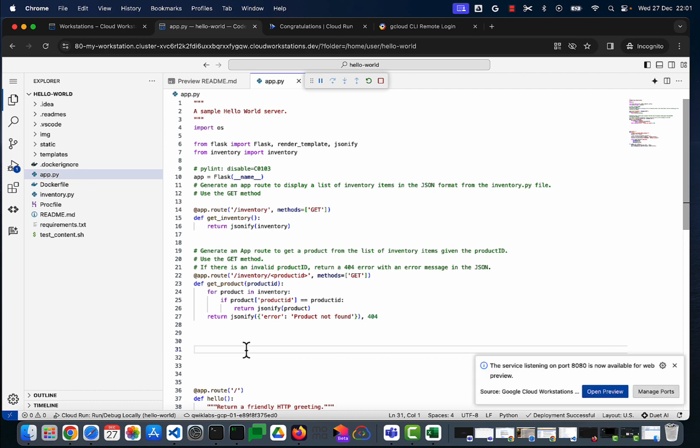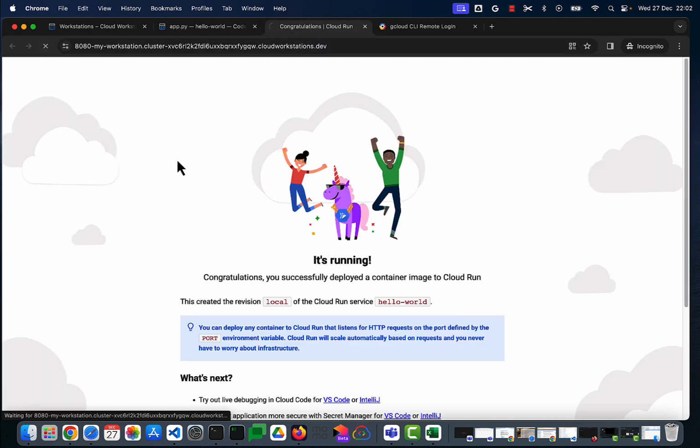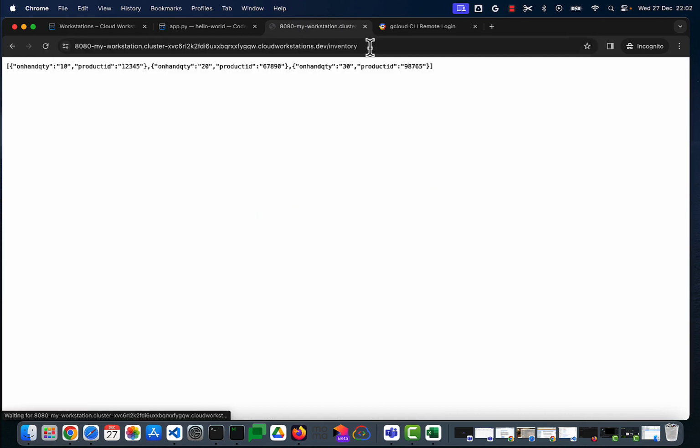And just go through the code. If there is any mistake anywhere, then you can try to regenerate or fix it yourself. In this case, it looks good. So now we saved that, and we can just refresh the page in our local emulator and try to hit the inventory app endpoint. So here we are, we get the response for the inventory endpoint that we just created,